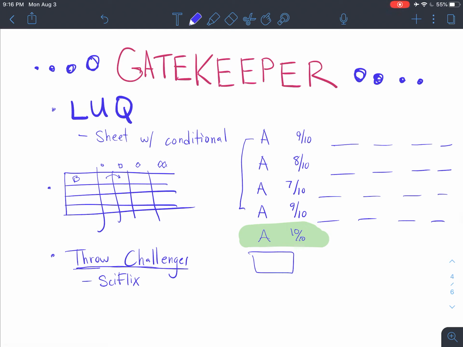One way I do throw a challenge at students that are moving ahead is, as a science teacher, if we're doing a science experiment, perhaps they get done with a science experiment and they have plenty of extra time and they're really excited about it, or whatever the situation may be, I may modify the experiment on the fly for the student and ask them to try it in a different way. Or I may ask them to confirm the results, or I'll have them work with another group. So you can decide what flavor of challenge is best for the students as they're flying ahead.